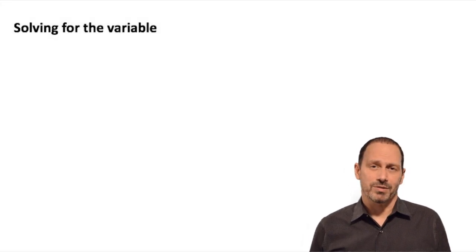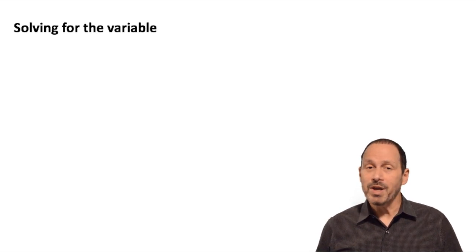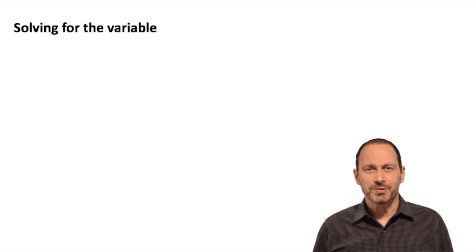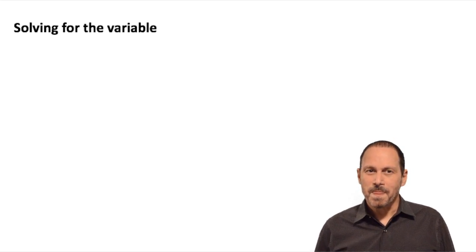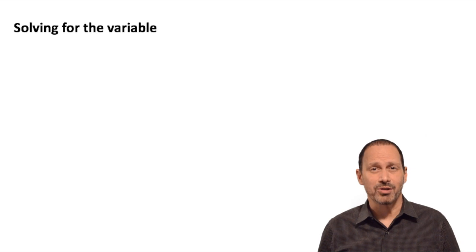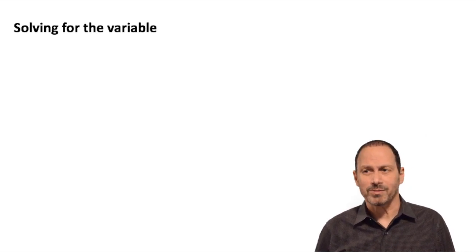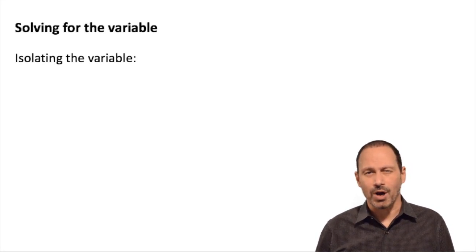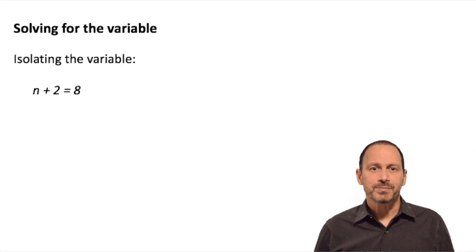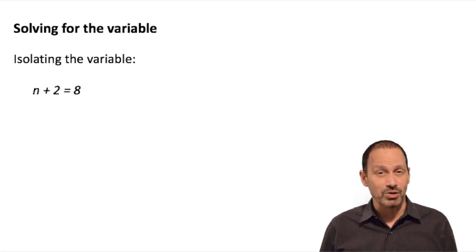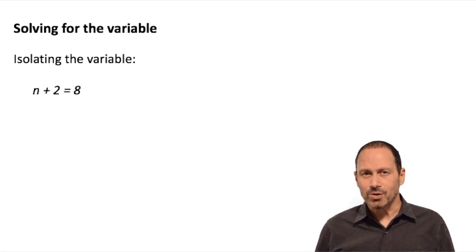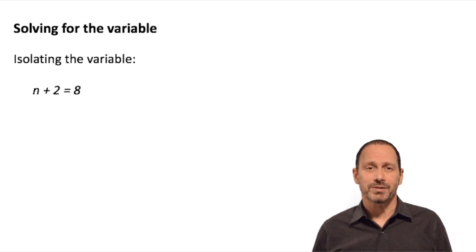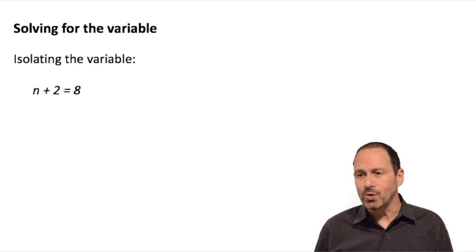When we are solving equations, we have a method, a procedure that never fails. We call this method, this procedure, solving for the variable. It basically means that we're going to isolate the unknown, isolate the variable. Let's say we have the equation n plus 2 equals 8, and that we want to use this method to solve this equation. Well, then what we have to do is